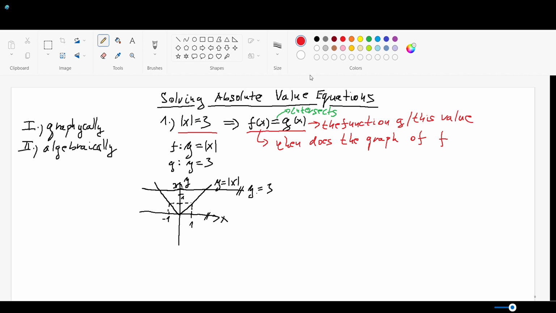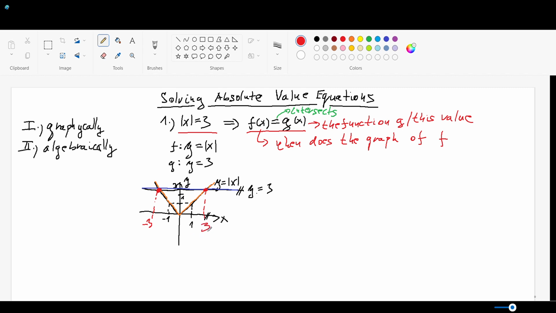And as you can see, I will finally do it in color. As you can see, these two graphs intersect each other at 2 points, and the points where they intersect are these 2 points. So this is basically the graphical answer to our question: when is this happening, for which x. And if we were to sketch the graphs really precisely, we would find out that the numbers are -3 and